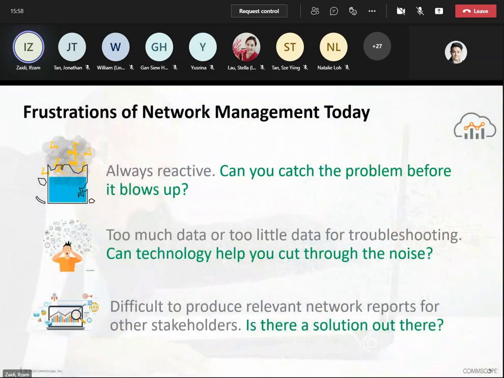So we can see that every day we have frustrations with network management. Usually, if we don't have any proper tools to help monitor your network environment, suddenly things blow up. They come one by one, and clients keep complaining, and not only from your clients but also from your superior. This will give a negative impact to your services and also to your performance. Do you have any preparation for that situation? Or do you take any precautions for that problem? You should think about it.